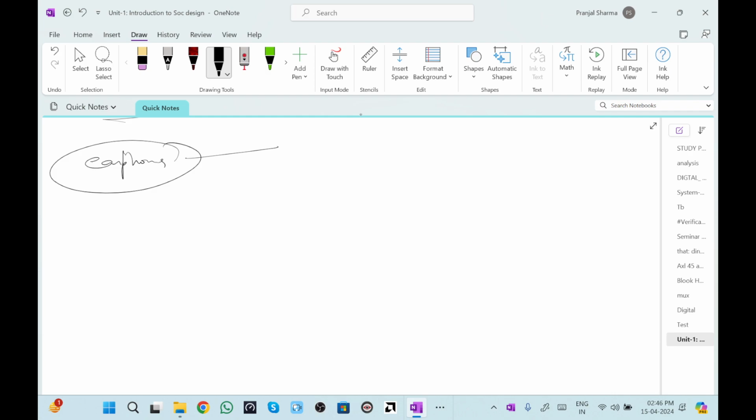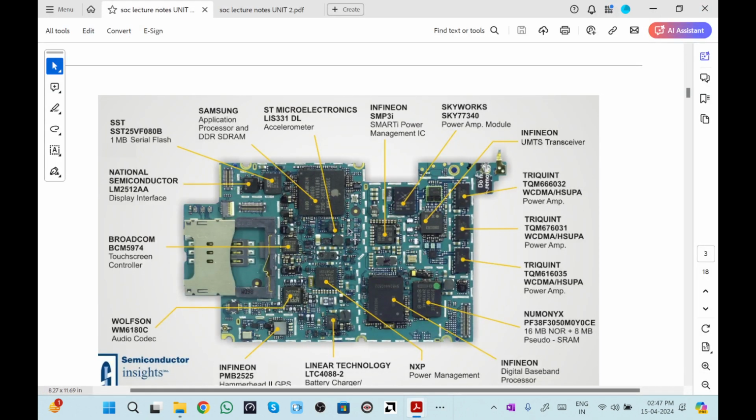Earphones have a wire attached to them, there are two earphones, and there is a little microphone. As electronic engineers, we know this earphone will consume some power, and this microphone will consume some power. This power is comparatively high compared to what the device is providing inside to its components.